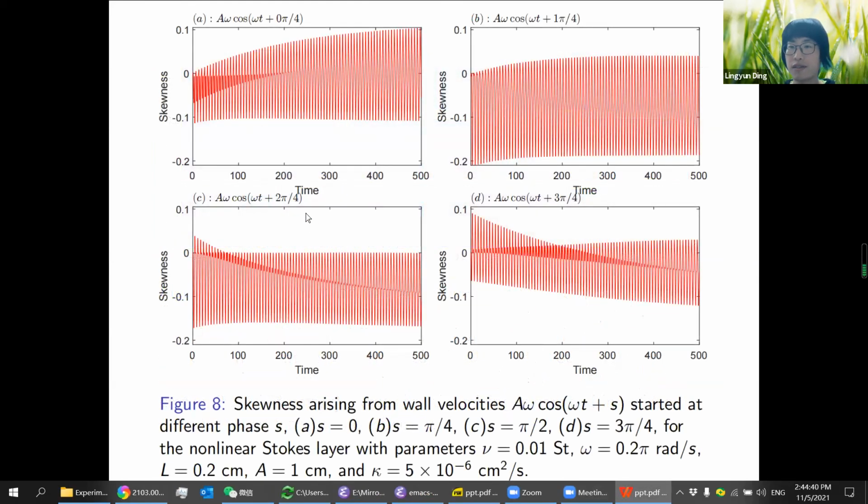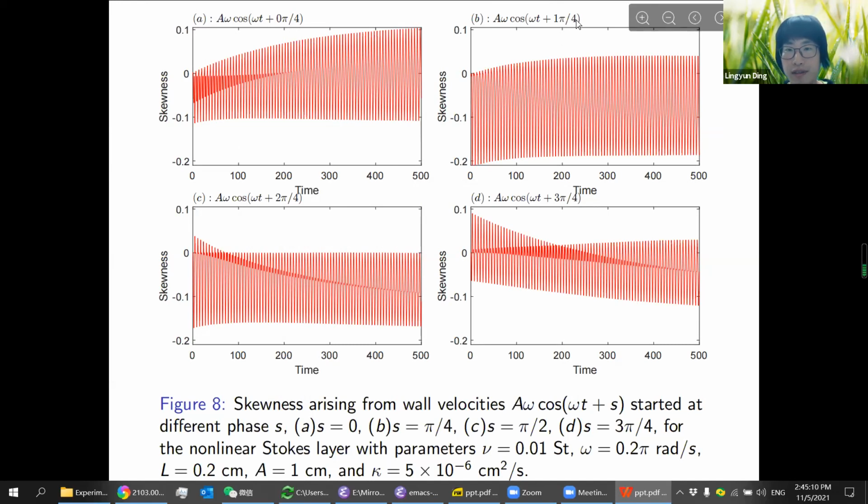Okay, so that suggests that we're interested in whether we can control the skewness by controlling the phase of the periodic signal. So here we did a simulation to verify that. Here we use different input signals. The profile is exactly the same. The only difference is that they are shifted